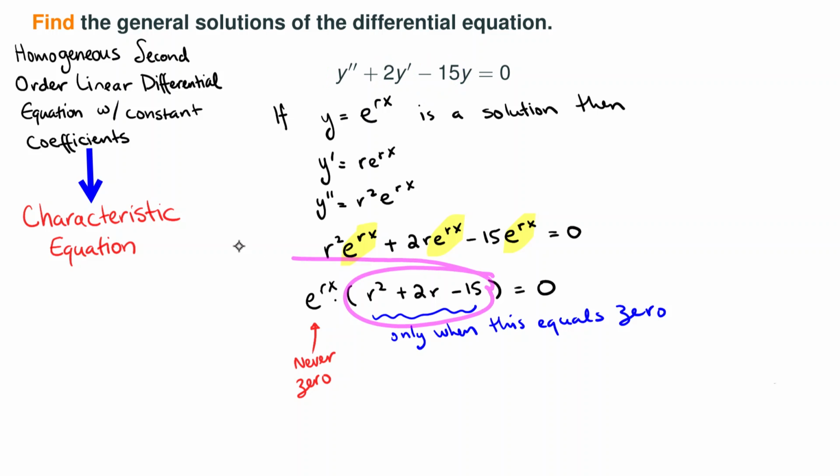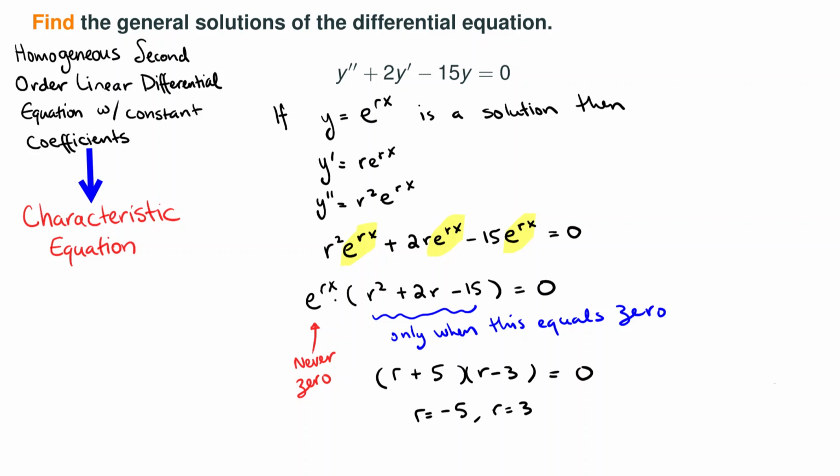This is our characteristic equation, and it's saying we have to find a way to weight the coefficients in such a way that when we multiply them by the second derivative, the first derivative, and the original, they will cancel each other out and bring us to 0. So solving this differential equation is figuring out what r values could make this true. Well, this comes down to a factoring problem. We think about how to factor this: what multiplies to give us negative 15 but adds to give us positive 2. That's r plus 5 and r minus 3,